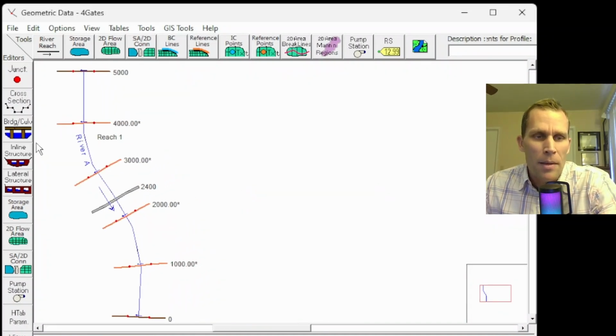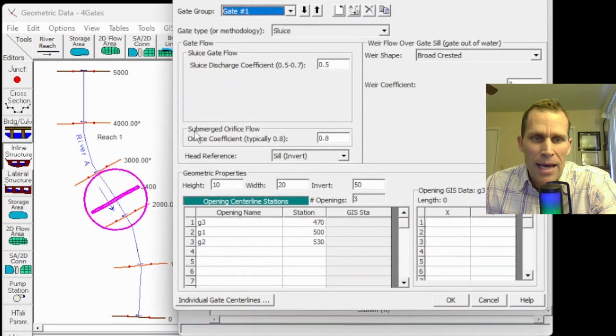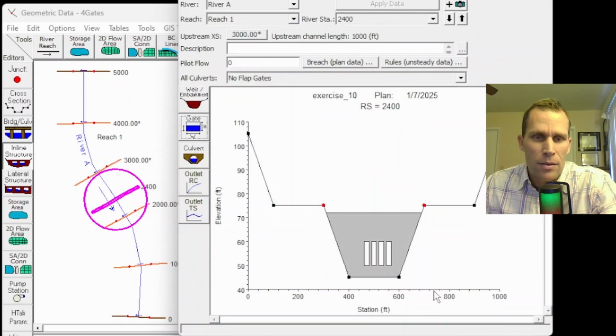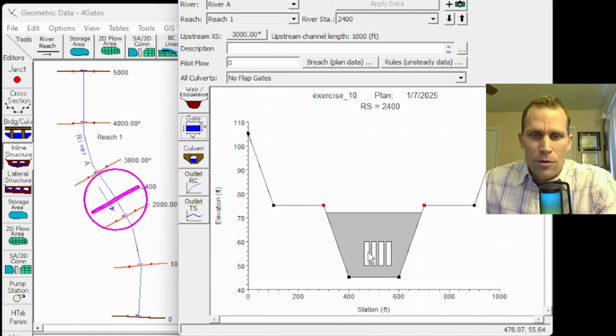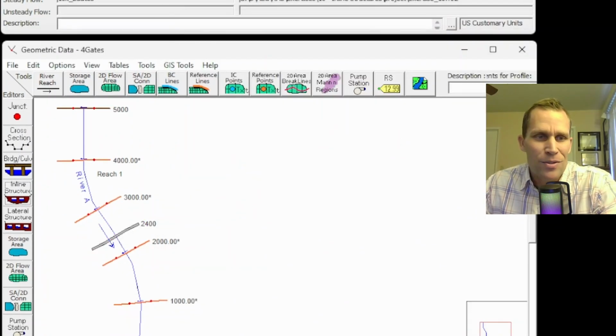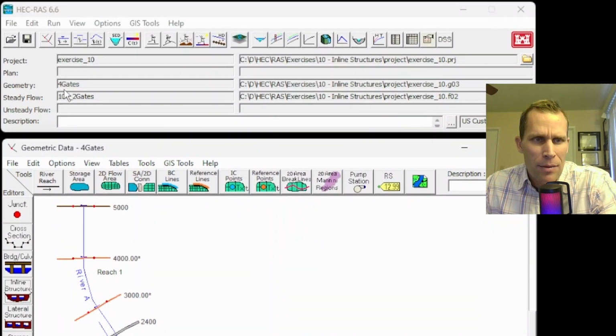There we go. I'm going to click on inline structure. We have 3 gates now. Let's go ahead and add a gate. This will be G4. Let's put it at 560 and click OK. I realize the gates are no longer centered because we started with an even number and we centered it then, but it's all right. I'm going to close this file, save geometry data,